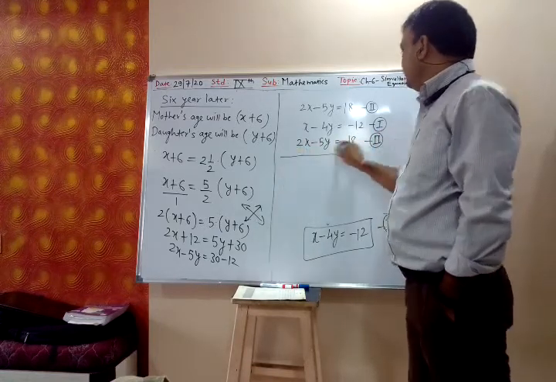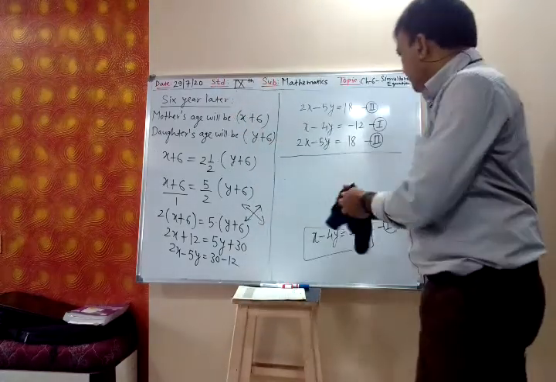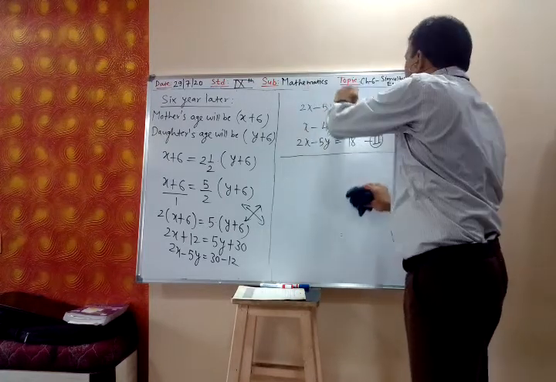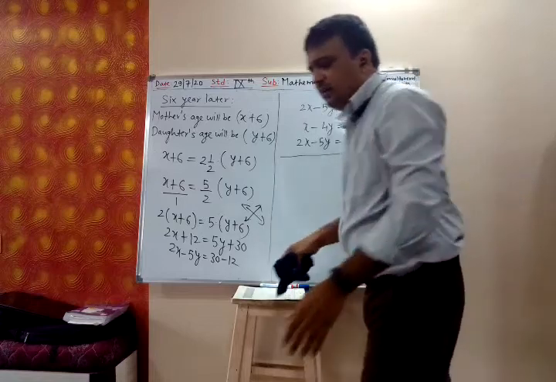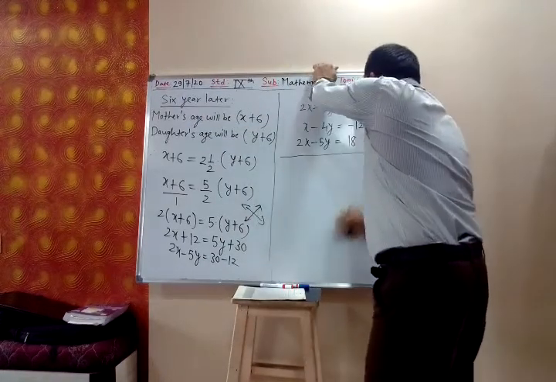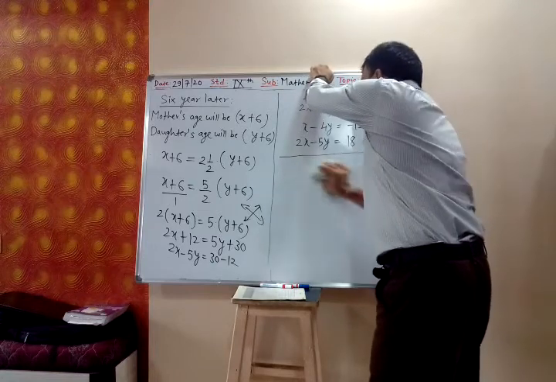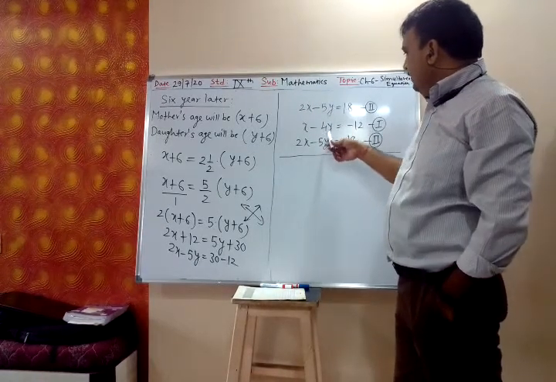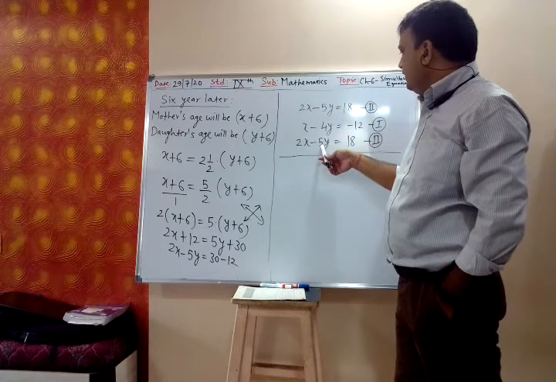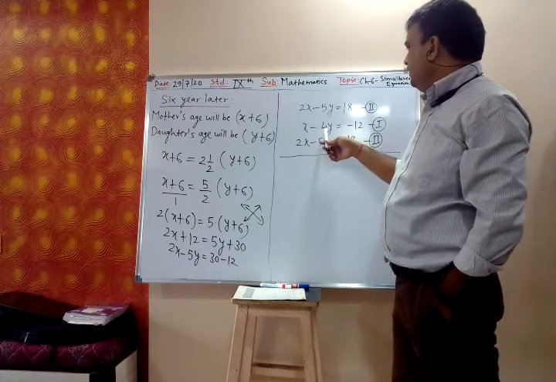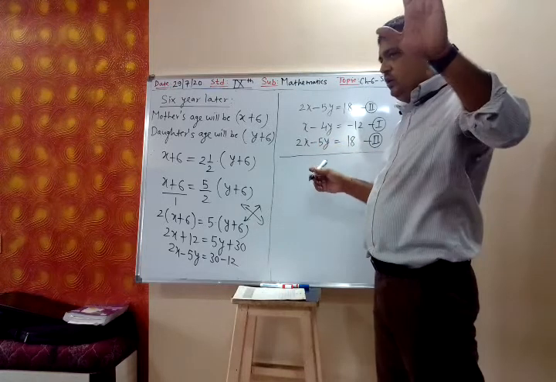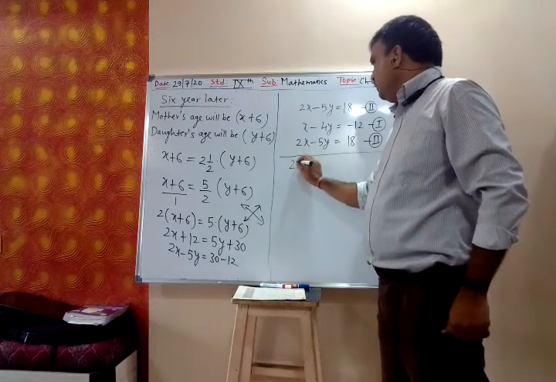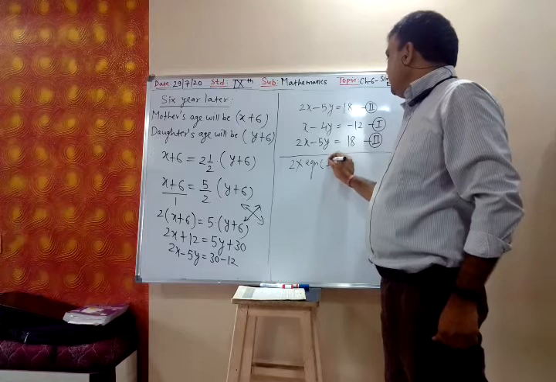Now either by equating x or by equating y, you have to... because we are writing one below other. Yes. Now suppose you want to cancel y, then this equation 1 I will multiply by 5. Okay, you want to cancel x? Then I will write 2 into equation 1. Equation 1 I will multiply by 2.